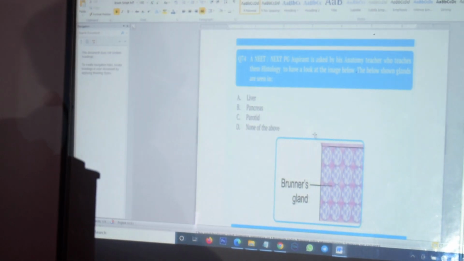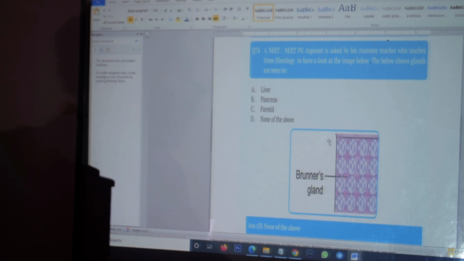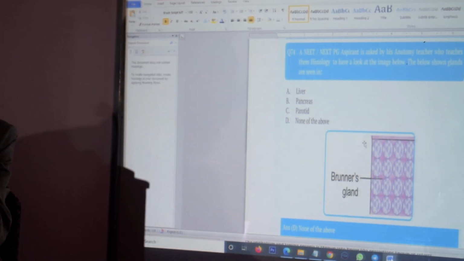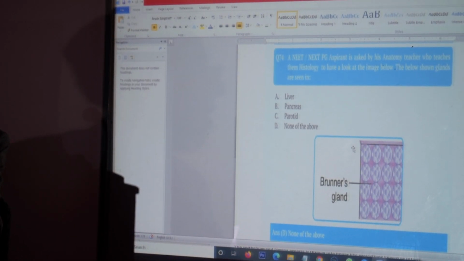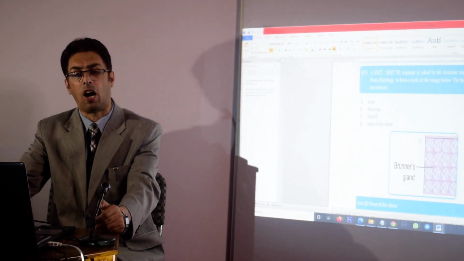A NEET PG aspirant is asked by his anatomy teacher, who teaches them histology, to have a look at the image below, and the glands are seen. The glands shown in the figure are the Brunner's glands, and the options given are liver, pancreas, parotid and none of the above. As far as our knowledge of histology is concerned, we know that Brunner's glands are present in